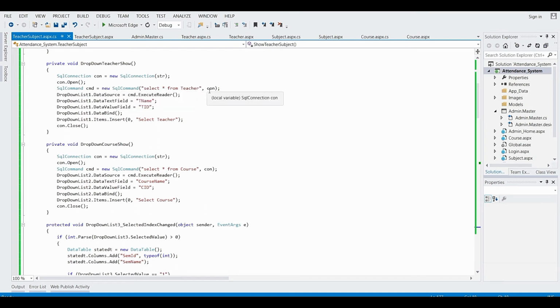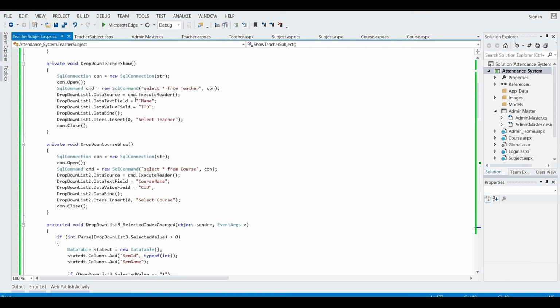I have provided a SQL connection object here. This will return all records from the teacher table. After that, I have taken drop down list one dot data source equals to cmd execute reader.